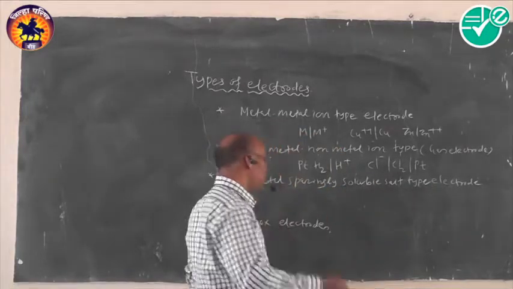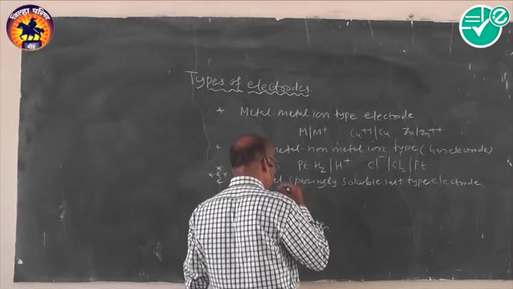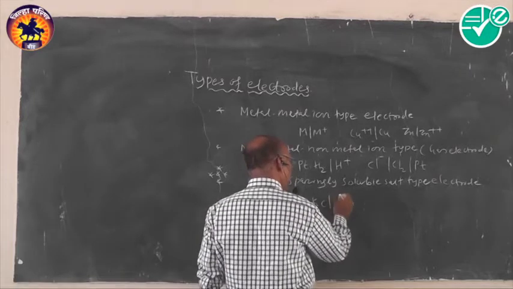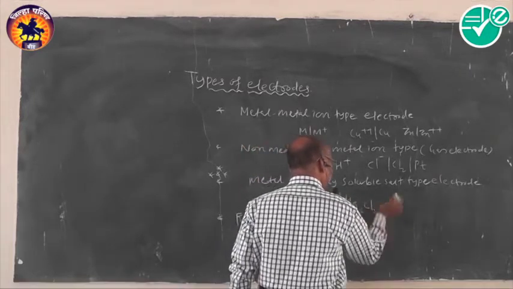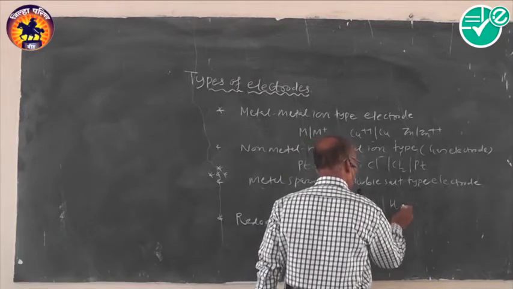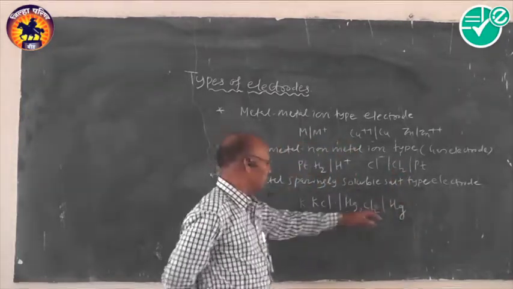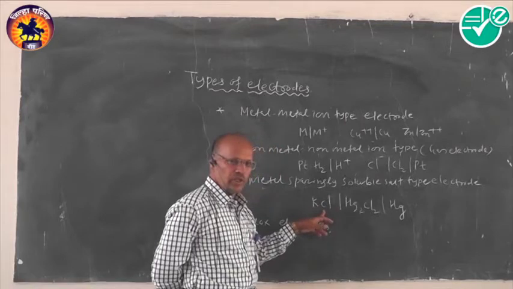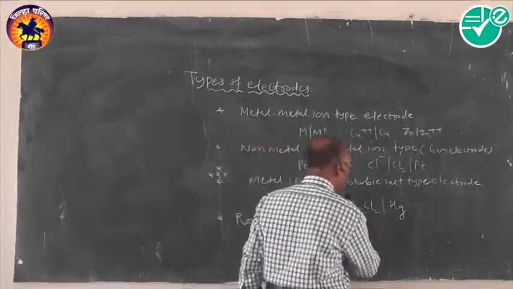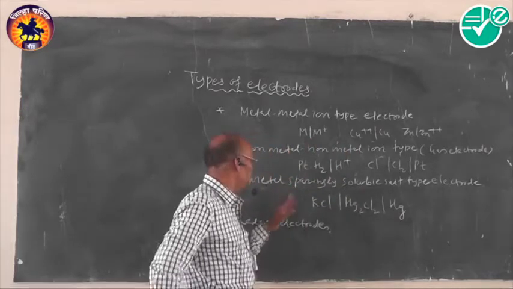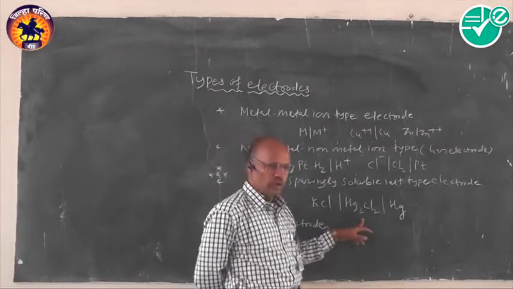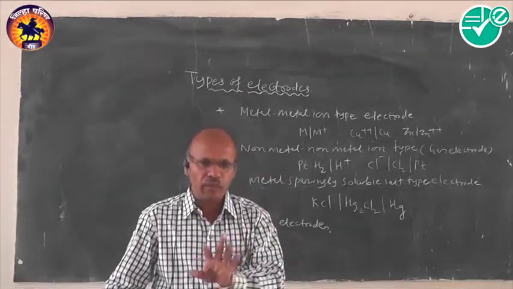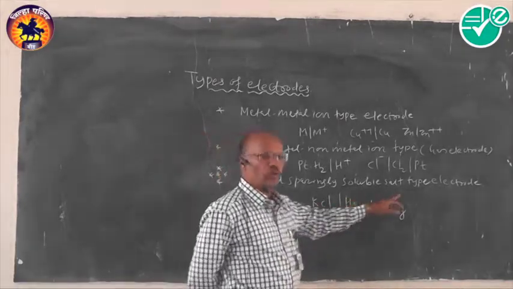Okay, if we think about an example, it is familiar to us. Check here the example. Especially we have potassium chloride, then mercurous chloride, along with mercury. How is this electrode? Mercury coated with its saturated salt, mercurous chloride, along with potassium chloride. So in this fashion, remember that it is the kind of electrode in which metal is coated with its sparingly soluble salt, which is placed in the solution which contains the anion of the same salt, generally called a metal sparingly soluble salt type electrode.